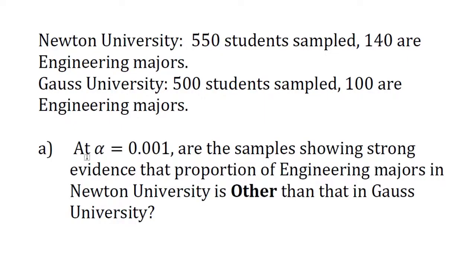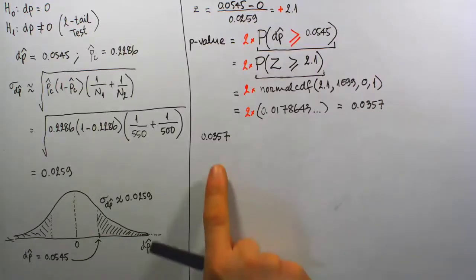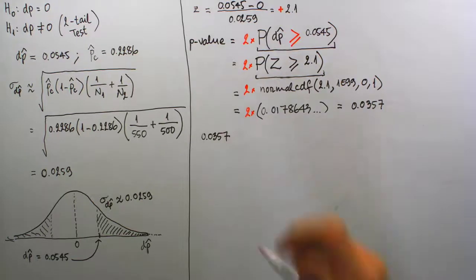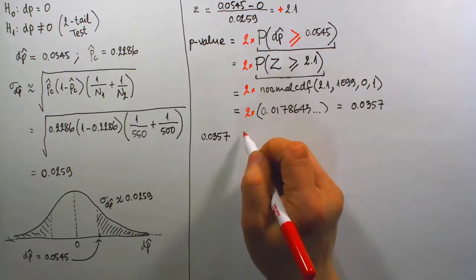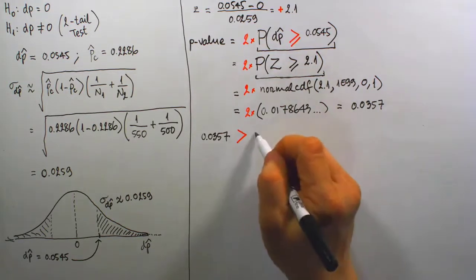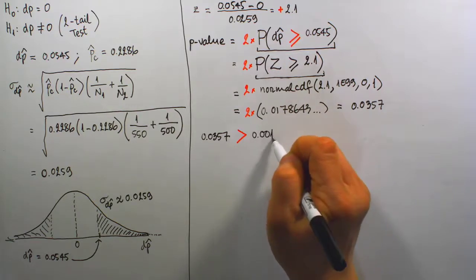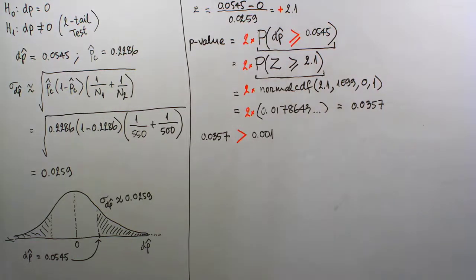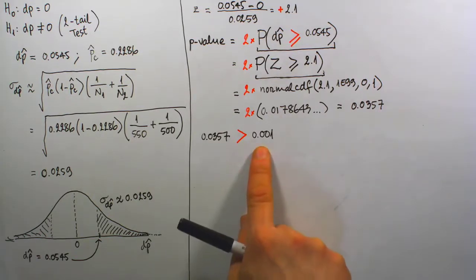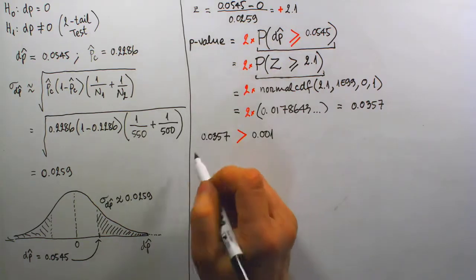So now back to the wording on the problem right here. It says at significance level 0.001. So this is apparently our given significance level in the problem. And so that means our final two-tail p-value here, compared to the significance level indicated earlier, is above or greater than the significance level 0.001 as given in the problem. And so upon realizing that our final p-value stays above the significance level, we lead to the following conclusion,